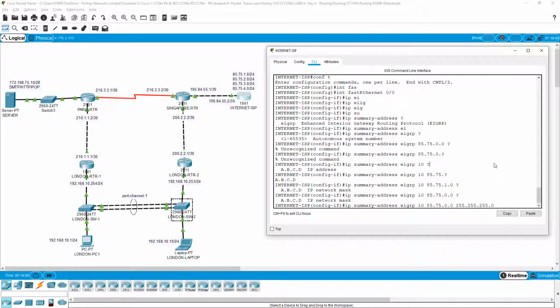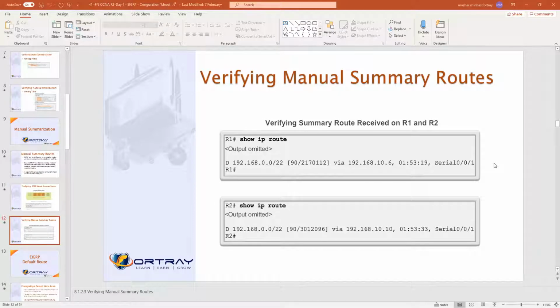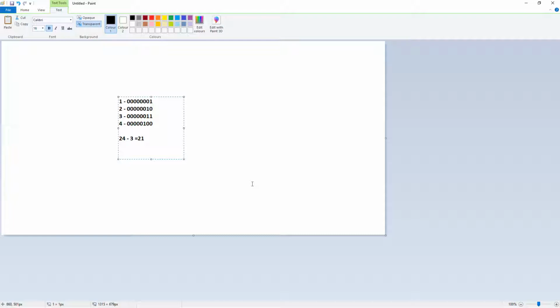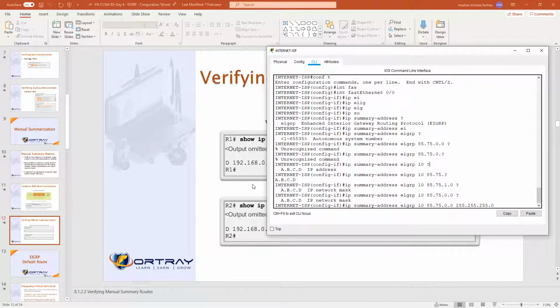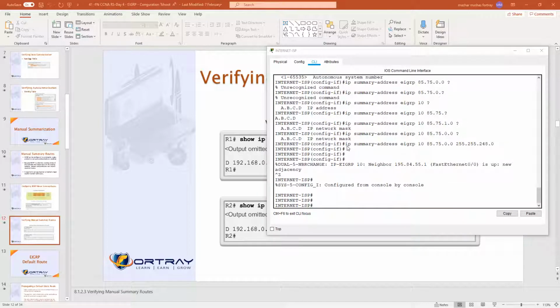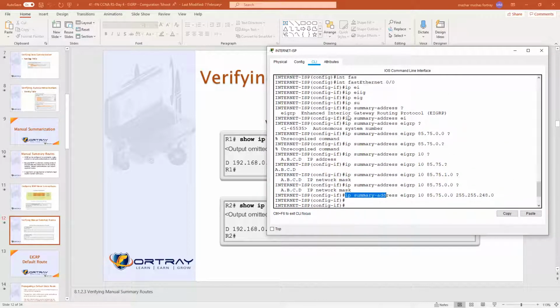But I don't want to write 255 for the whole octet, I will do minus 3, so 255.255.248, which is /21. So that's the command I have given.